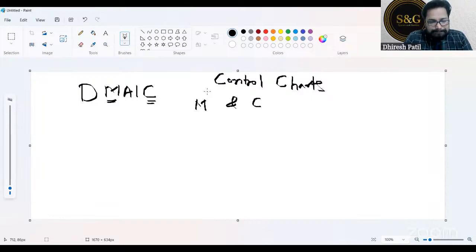It was Walter Shewhart. Walter Shewhart used to work for Bell Laboratories. Who was Bell? Yeah, exactly, Graham Bell, right? So Walter Shewhart used to work for Bell Laboratories. And you know what? Control charts were invented, do you know what year it was? The year was, first time it was invented,